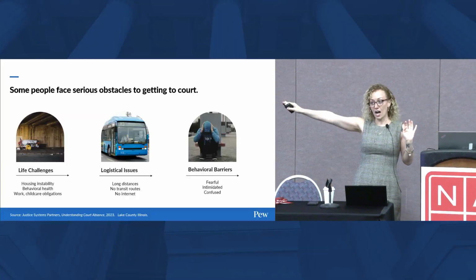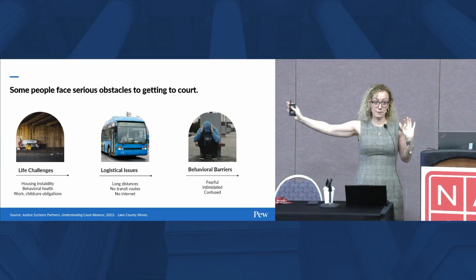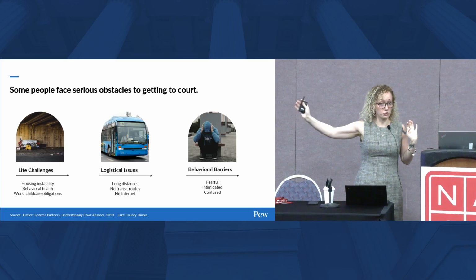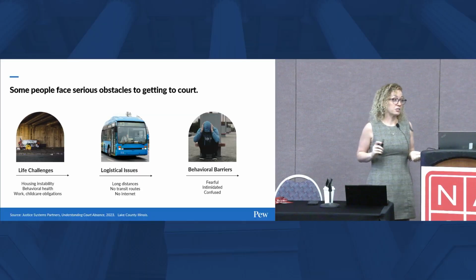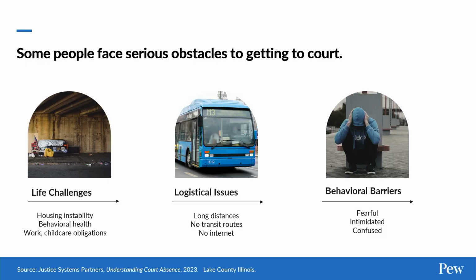We can do that. The first few things we're going to talk about are just, this is a non-exhaustive list, but again, these are just everyday obstacles that folks face when it comes to missing court, and this is based on a lot of evidence and talking to a lot of folks who have missed court. Life challenges, housing instability, behavioral health issues, logistical issues. We've mentioned transportation, inflexible work schedules, not being able to find childcare. Some courts are much more welcoming of having children come into the court, but folks don't always know that they can bring their kid with them or that there are other available options to them, and it can be very hard to figure out.